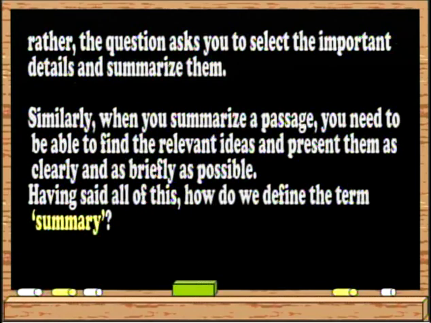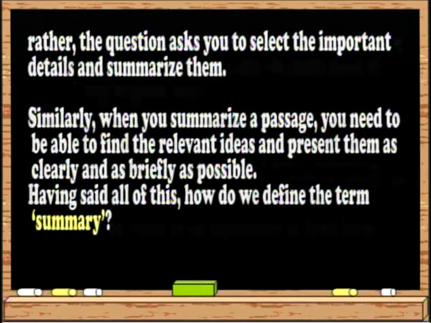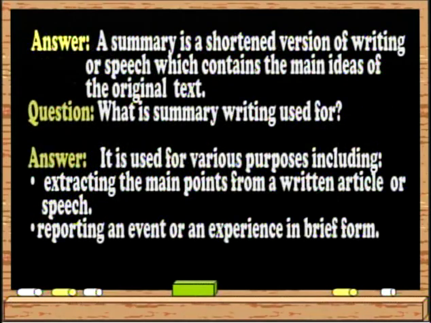Having said all of this, how do we define the term summary? A summary is a shortened version of writing or speech which contains the main ideas of the original text. What is summary writing used for? It is used for various purposes, including extracting the main points from a written article or speech, reporting an event